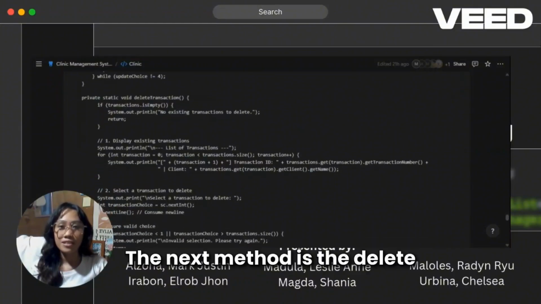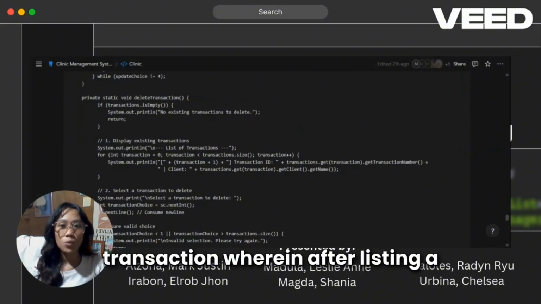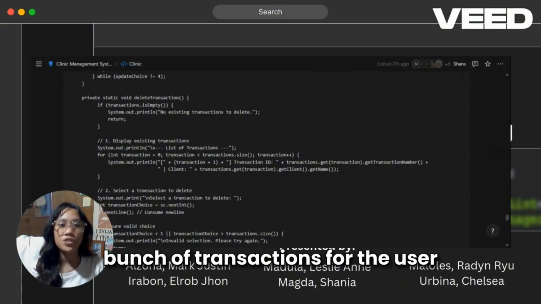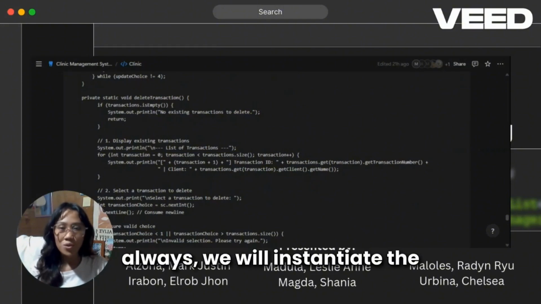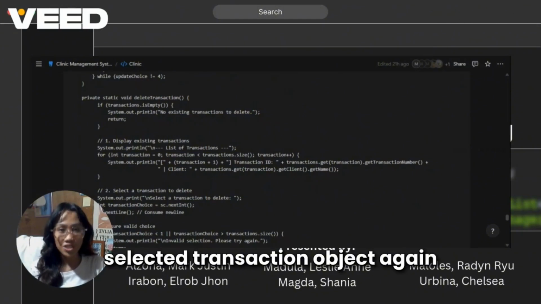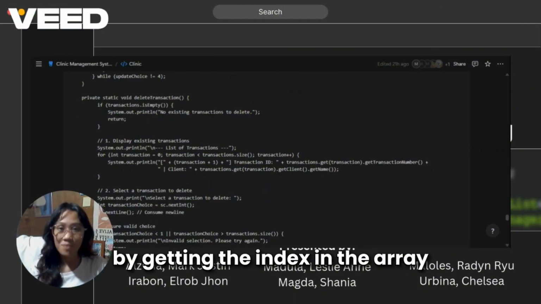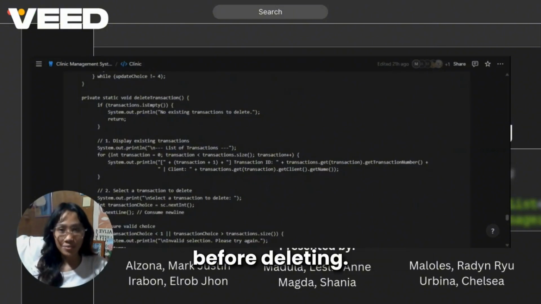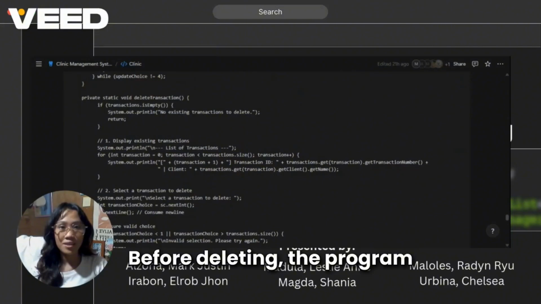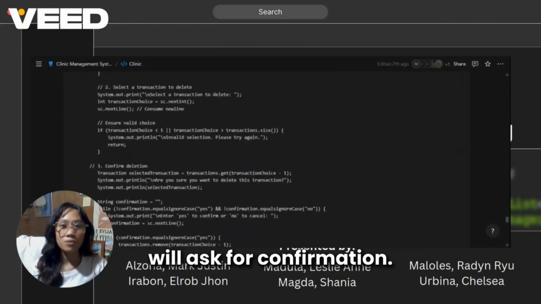The next method is the delete transaction, wherein after listing a bunch of transactions for the user to choose which to delete, as always, we will instantiate the selected transaction object again by getting the index in the array of the transactions array list. But before deleting, the program will ask for confirmation.